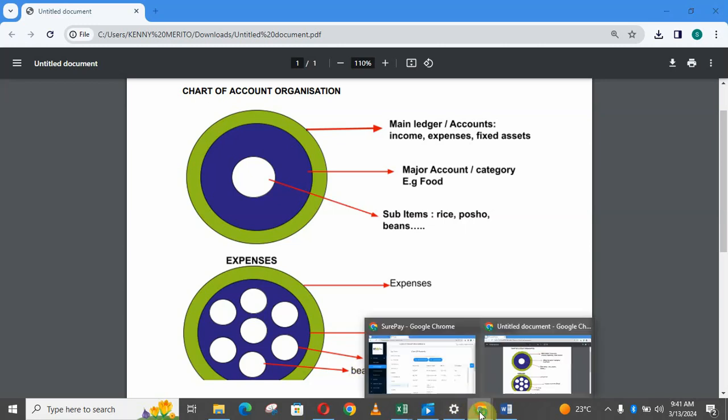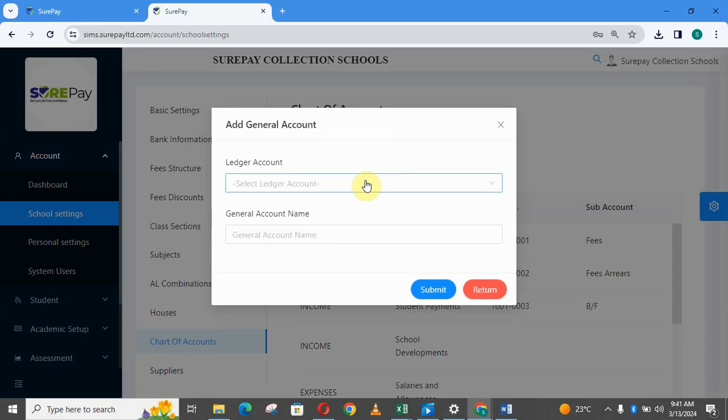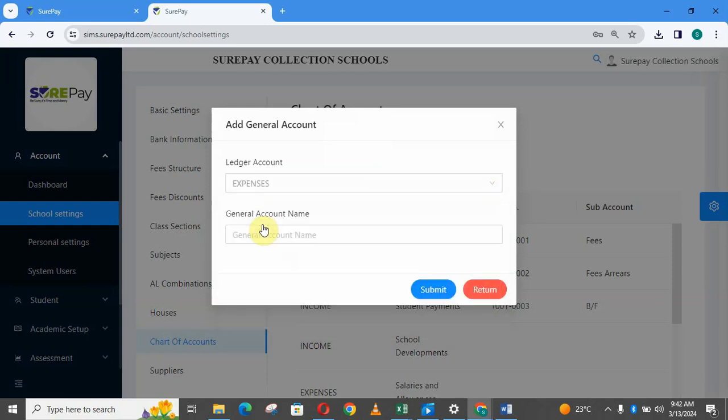So we can quickly come here. Remember, we said these main groups or main ledgers are always inbuilt, so meaning we only need to be in position to add a major account and maybe a sub account. So once we utilize this button, like click major account, we are given an option to add a major account or a category. For example, we can select that we want to work with expenses, and then the category we want to work with, we can categorize this as staff